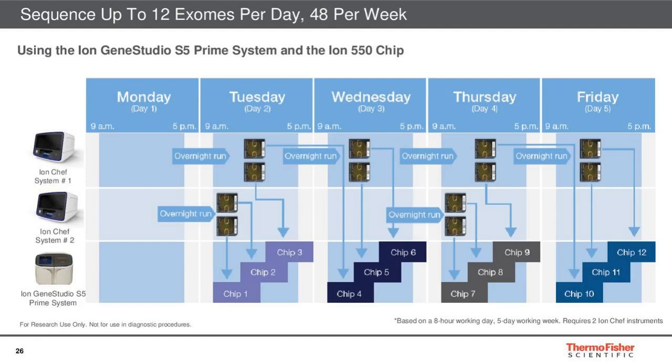maximum workflow efficiency. So I know that this slide is a little bit busy, so I'll run you through a quick example. If you prepared 16 exome libraries on Monday, you could template 12 samples across 3 550 chips on Tuesday and sequence overnight. The remaining 4 samples would go on a 4th chip that could be templated overnight on Tuesday and then sequenced during the day. And then the process would continue as shown on the slide, enabling you to sequence 12 550 chips a week with 8 or 12 exomes sequenced per day.